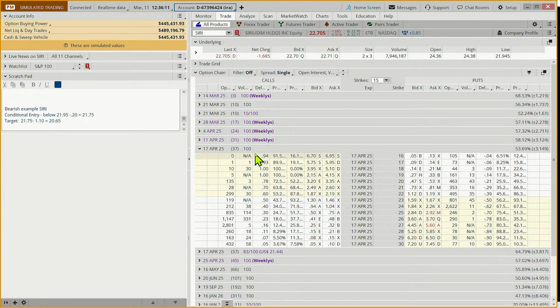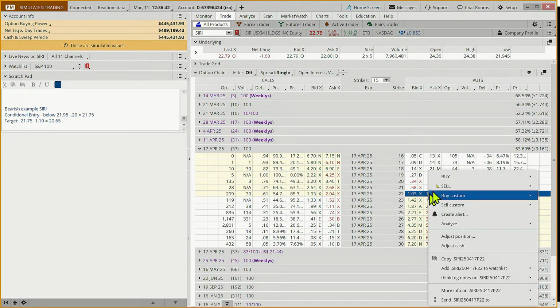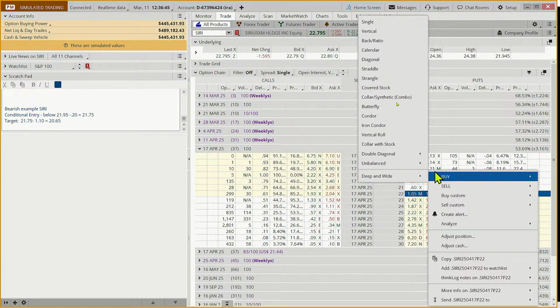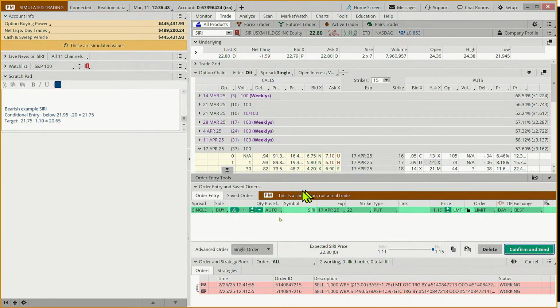And we're going to come out to April. We're going to look at buying a put. We're going to buy this 22 put, which is our first strike in the money. It's 99 cents to $1.19. And we don't know, we only want to buy this if it goes below 20.65. We know that if the stock falls, we're going to pay a little bit more for it than that, and we're okay with that. So we're just doing this as an example. We want to buy a single